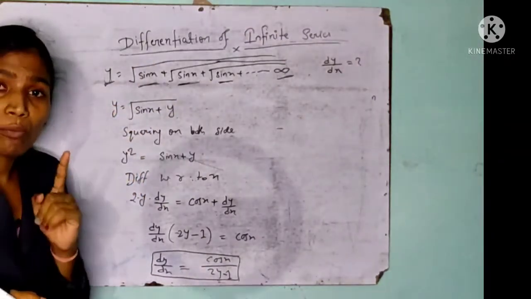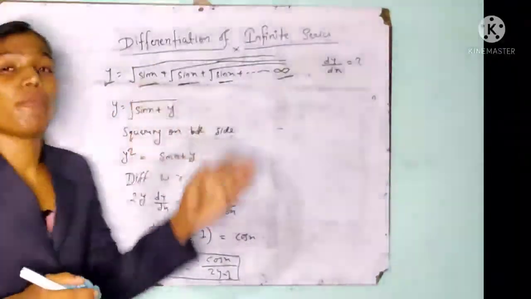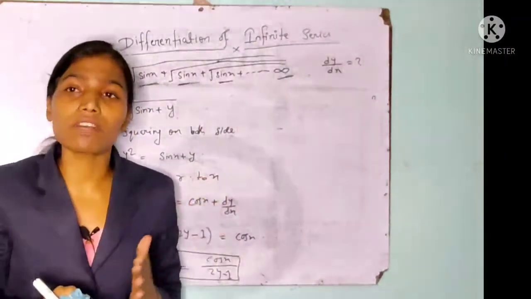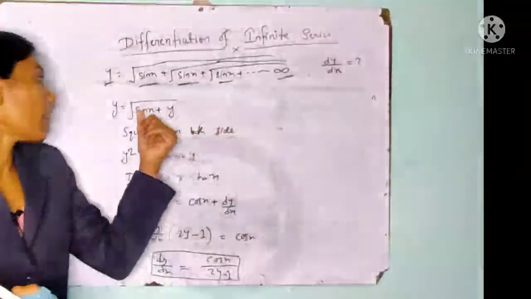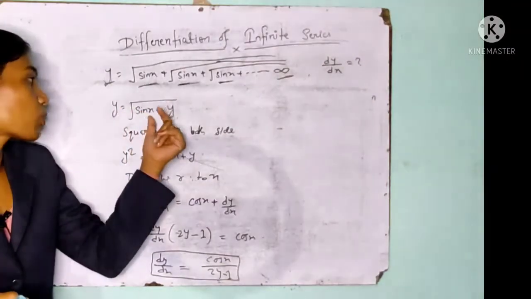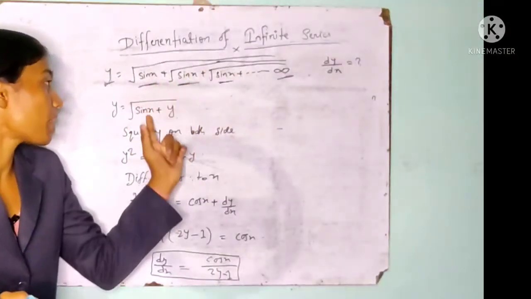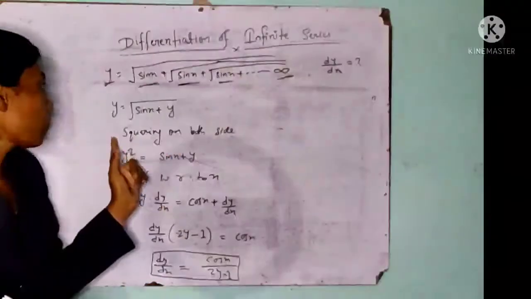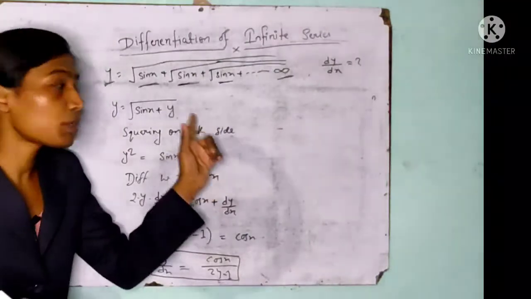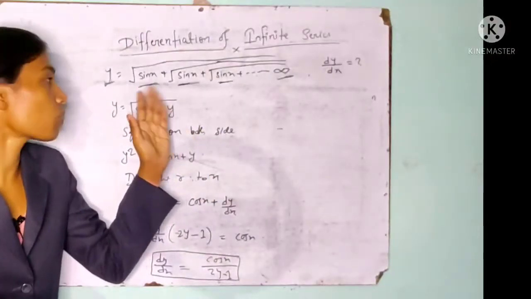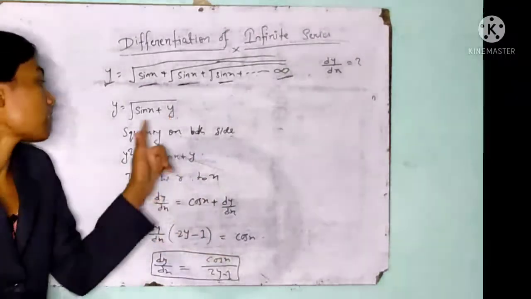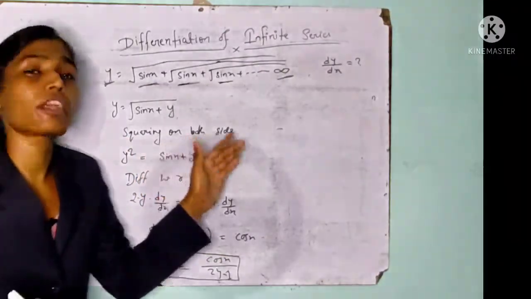And also one more important point, just remember: where we get a repeating function, we take out one function and the remaining function is equal to y. That's why I am applying that rule. y is equal to sin x, we get repeating, so I am taking one sin x out plus remaining is equal to y. What happened now? We square both sides because we have root here. Direct differentiation takes a long time and also becomes very long. That's why I am separating with squaring on both sides.